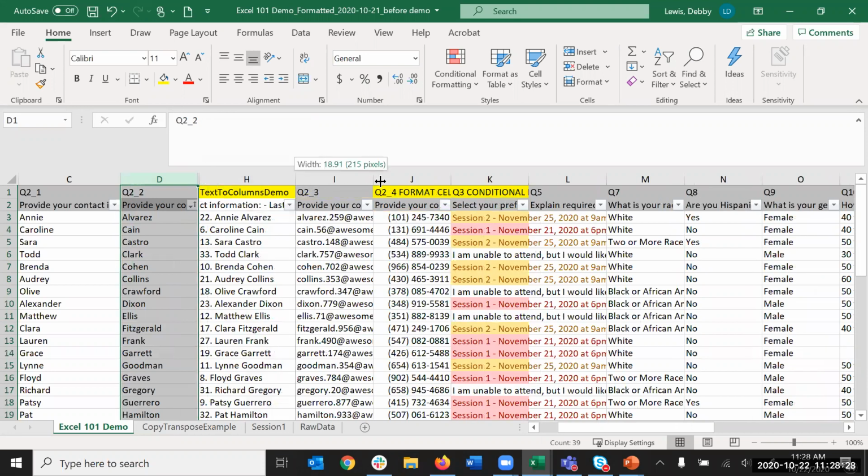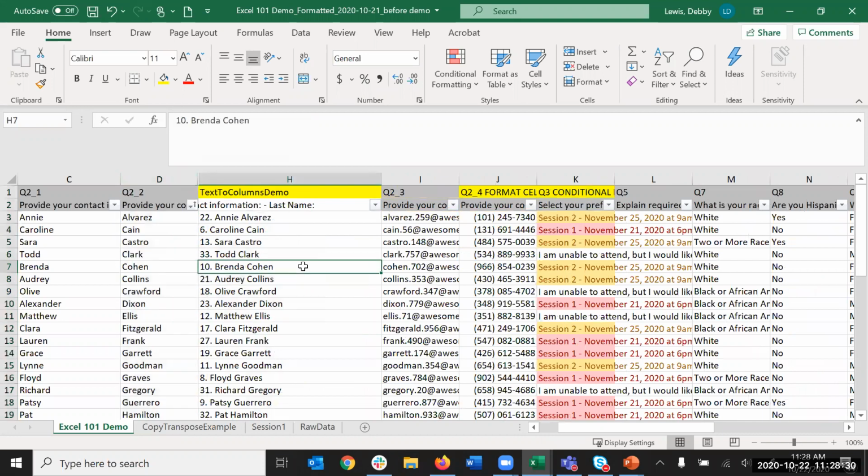So say somebody sends you a list of people in a Word file and you really need those names separated out for first name, last name, email address, whatever. They sent you a bunch of information in that one column. Okay. So in this case, we want to separate the number, the first name, and the last name into separate